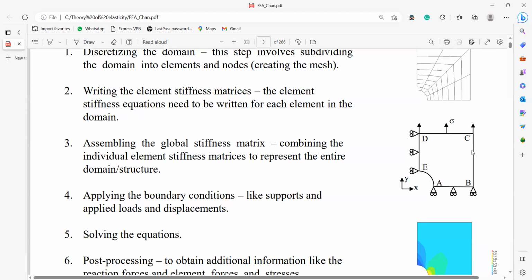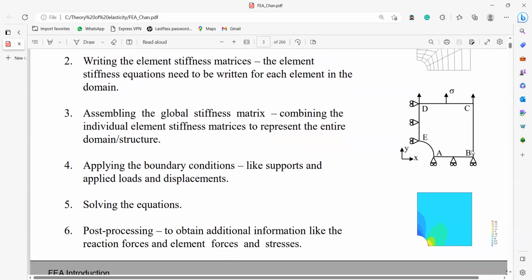So now let's solve the equations. So how do you solve the equations? Or rather, how does the software solve these equations? What are the solvers or processors involved? And once it has been solved,